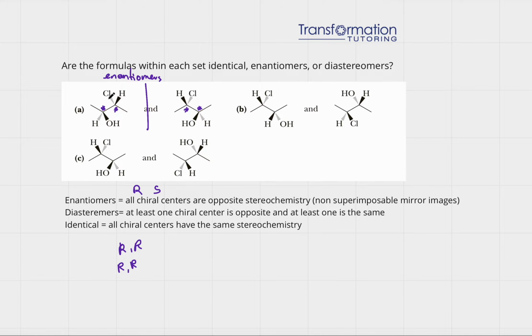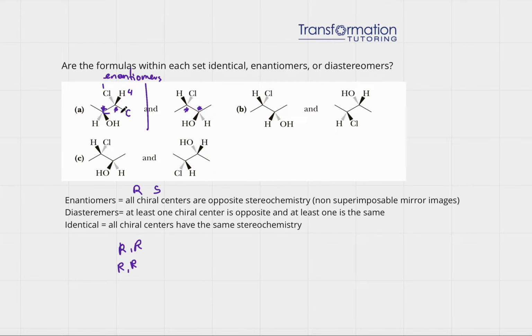In order for us to do an R and S configuration, we have to give priorities 1 through 4, where 4 is the smallest atomic number and 1 is the largest atomic number. So let's do it. We have hydrogen, chlorine connected to this carbon. We also have a carbon here and a carbon here. So this chiral carbon is connected to a hydrogen, chlorine, carbon, and carbon. If you look at the periodic table, hydrogen is the smallest, it's 4, chlorine is the biggest one, and then